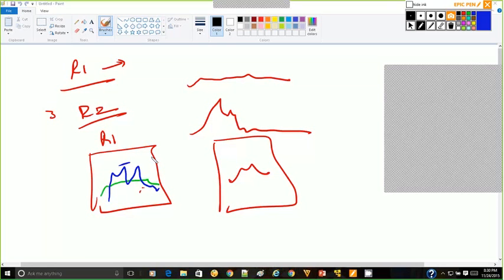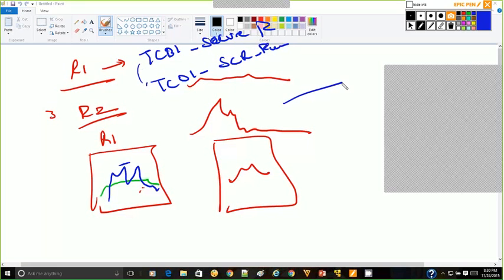Merge the graph. Yeah, the condition I was asking about, now I got it. The condition was that it has to be the same transaction, right? Yes, not two different transactions. No, it cannot merge. If in release 1 you have TC01 secure purchase, and in release 2 you are giving TC01 SCR purchase, these two are not matching, right? So it cannot merge. It will show this as a separate line and this as a separate line. So both transactions should be the same in order for you to merge these two graphs.